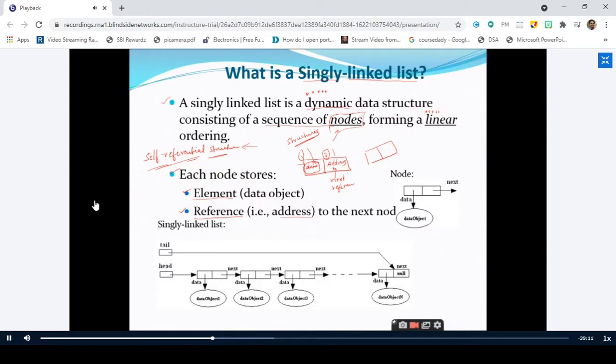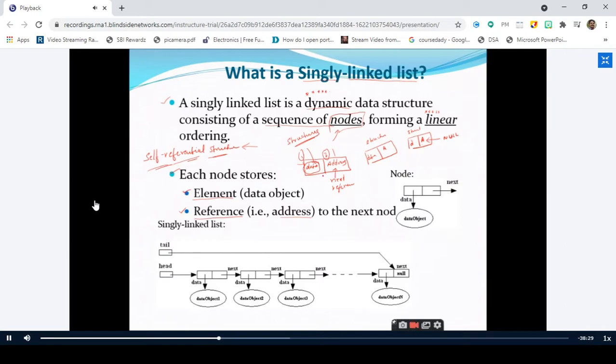So I'm saying that the second part of any node is going to store the address of the next node. So what is the next node? It is nothing but a structure again. Again, this node is divided into the data part and the address part, and this address part is going to refer to the next node. That means it is going to store the address of the next node. Therefore, that node is also a structure. It consists of two parts: one is the data part and the second one is the address part. Like that, this particular link will go on until we make the address part of the last node null. We'll see all these things, don't worry.